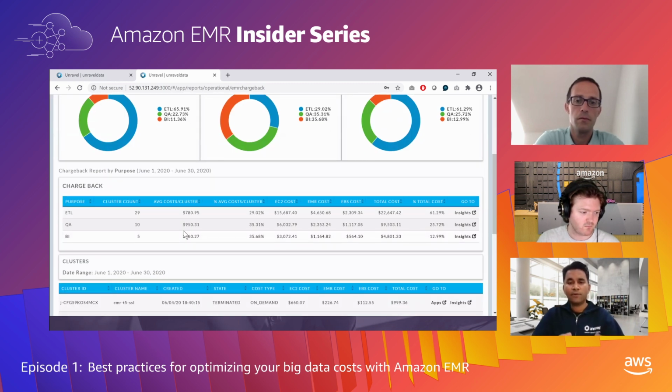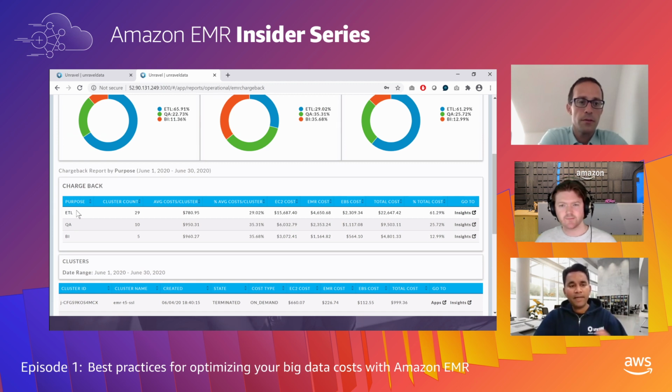And what I see here is, first of all, a nice breakdown of all the costs, right? I defined some tags in my purpose for BI workloads, some ETL workloads, for example. And I can see here that my ETL purpose clusters, about 29 of them that I spun up, took an average of about $800 and in total cost me $22,000 last month, right?